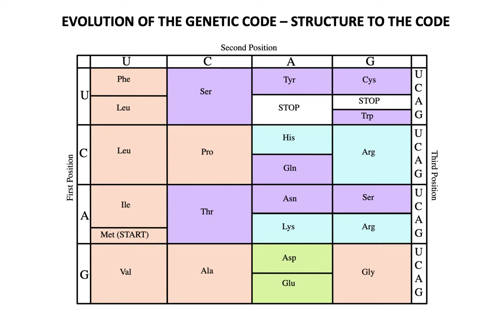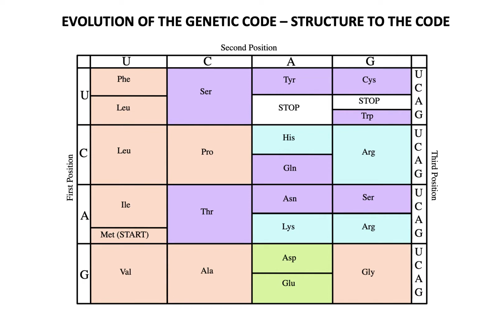Those are nonpolar amino acids. And then the purple ones are polar amino acids. The blue ones are basic, having a positive charge. And then the ones in green are acidic, aspartate and glutamate down here. So there's a structure here that says something about the evolution of the genetic code